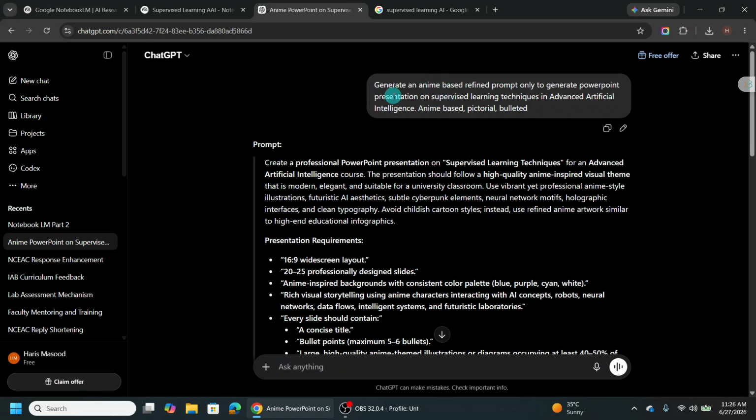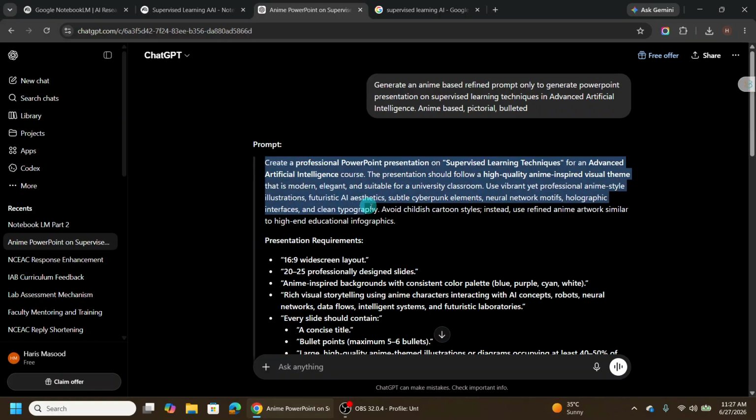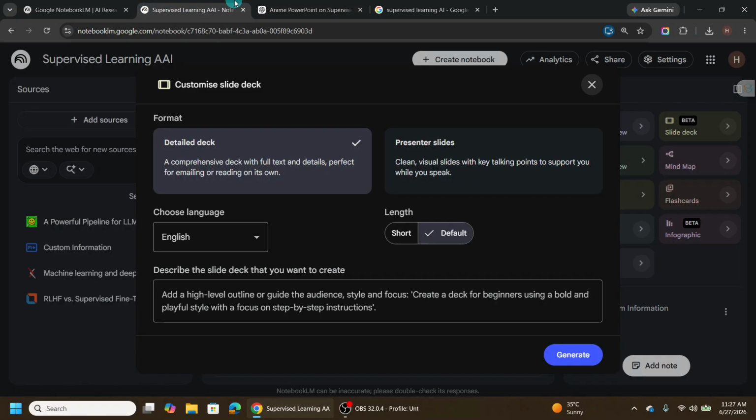And this is the prompt that I had in my mind: generate an anime-based refined prompt only to generate a PowerPoint presentation on supervised learning techniques and advanced artificial intelligence, anime-based, pictorial, bulleted. Now, ChatGPT has given me a refined version of this prompt that you can see on your screen, and it has added some fine-tuned settings within it to make it more useful and more trustworthy. So I can go ahead and copy this prompt,